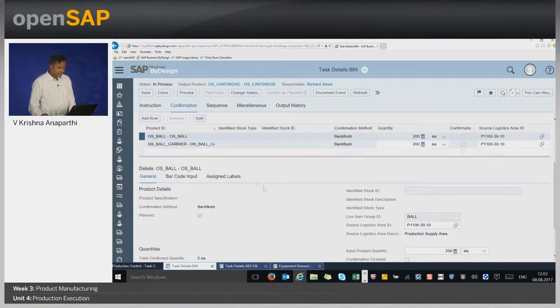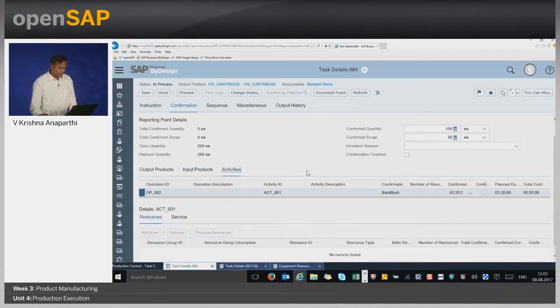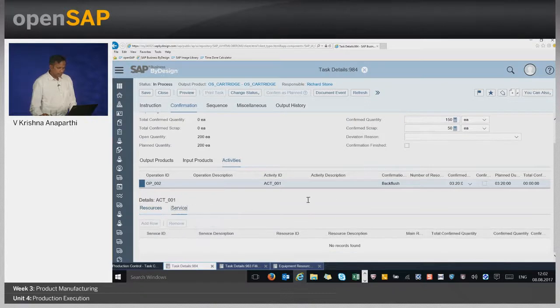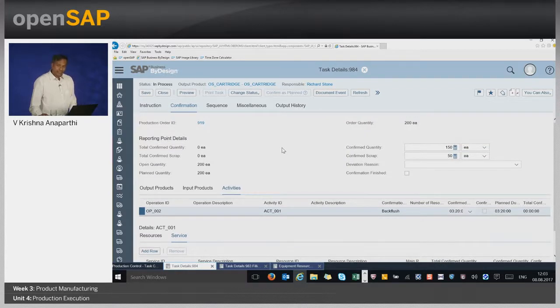The other important thing is that in the production model, you have assigned a resource, and the resource will not work on its own. You might have some kind of services associated with the resource where you can actually record some times for your expense purposes. If I take the activities, I can have some kind of operations, and I can also record the time. How much time you spent in terms of production, how much time you spent in terms of setting up something. You can record the times as well, such that these times will later on be used for your financial purposes. I will not be getting too much into details of all those times.